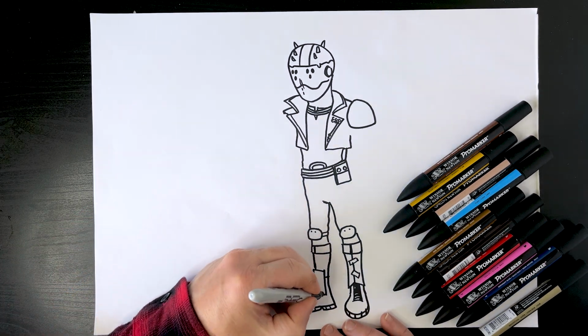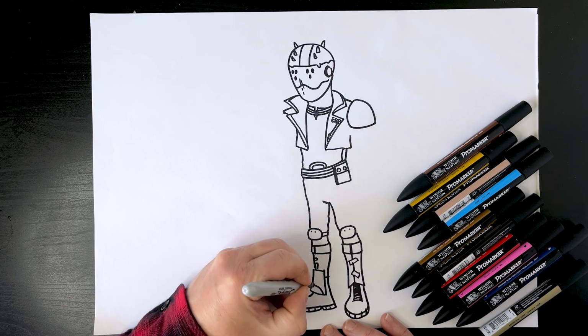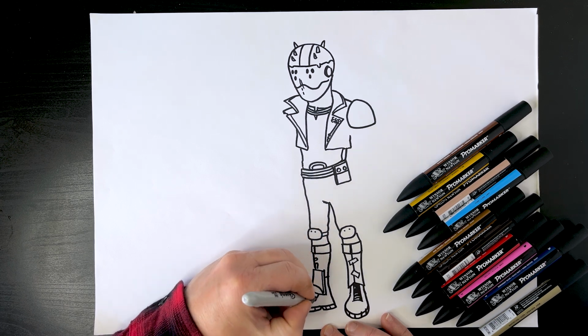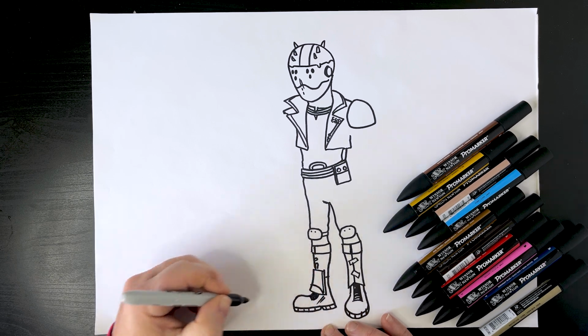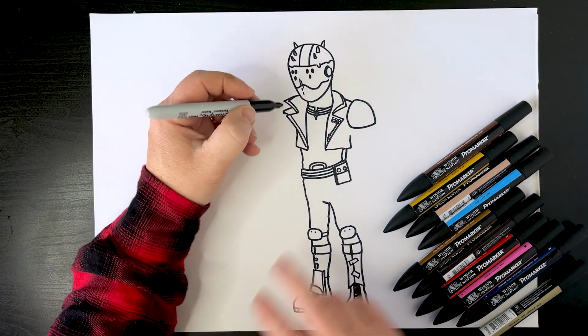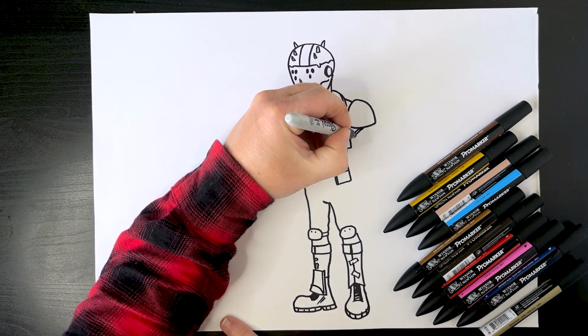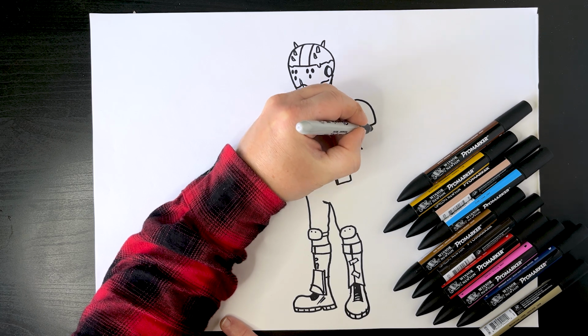A little bit of detail, so just pop a couple of sort of little bits of detail in, join it up, and maybe sort of almost like some piping. Again, like this area is quite dark around here. Okay, all right, cool. Let's pop this arm in. So it's like almost like the jacket comes underneath here. Join that up. Bicep area there,